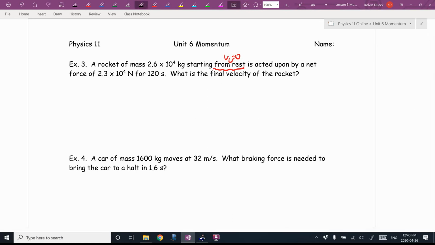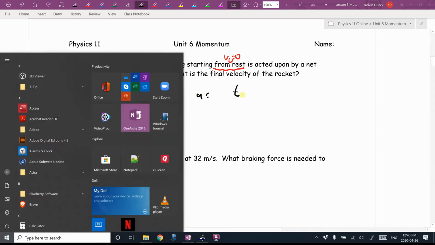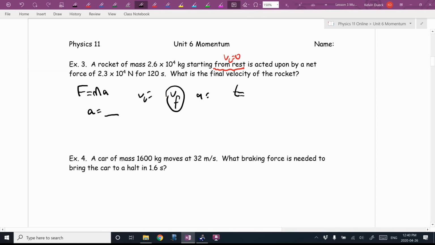Don't write this down. One way for me to do this, I could go, well, F equals ma, and I could find A, because I have a force and I have a mass. And then I could say VI equals, VF equals, A equals, and I could find, T equals, and I could find VF. But with the impulse equation, I can do all of this in one step. By writing, I know that impulse equals impulse. Don't write that down. You can if you want to. But what I really mean is